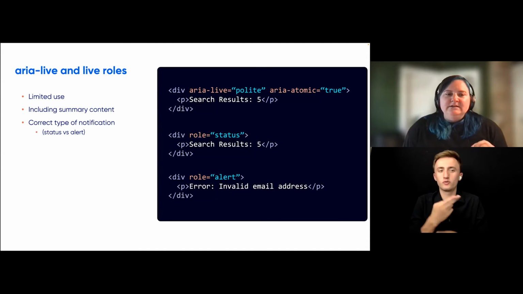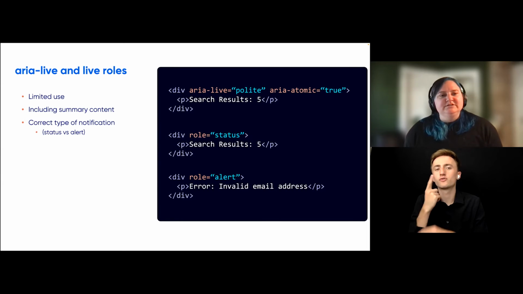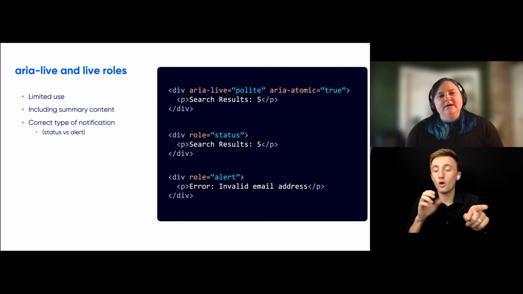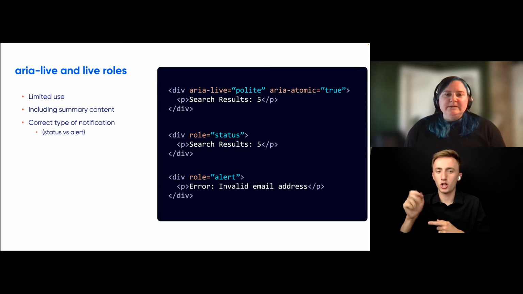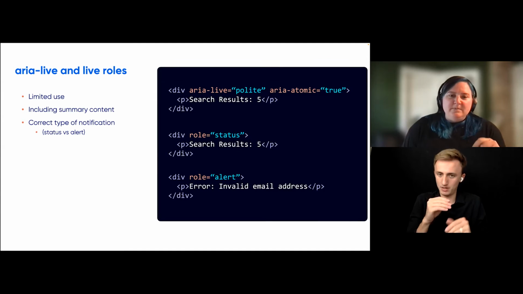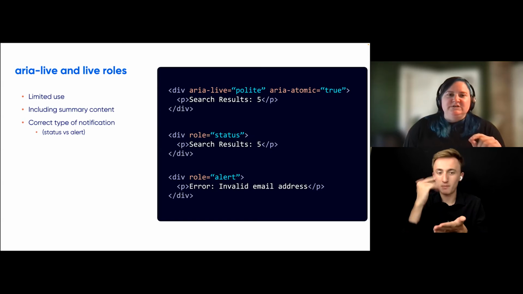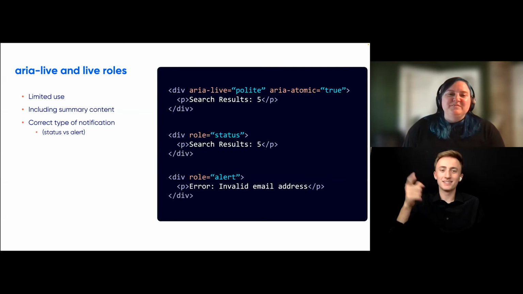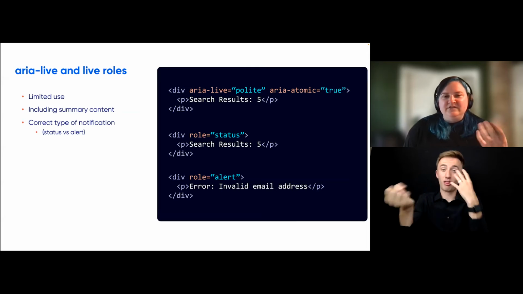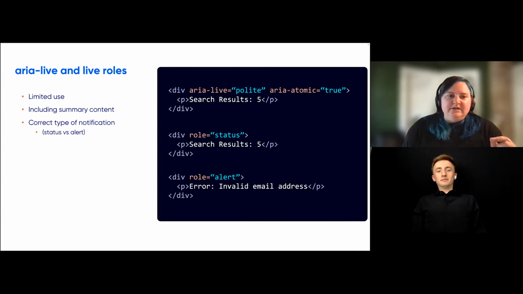What we want to check for in our code reviews, again, you can search for the ARIA-live property. You could search for the specific roles of status and alert, which are the most used ones, just to find them in the document quick. We want to make sure that they are limited in use. We only want a couple of these maximum in a document. Otherwise, we are going to annoy the user to no end. There will be too much information all the time. It's going to be disruptive and interrupt them potentially. So we want to make sure it's very limited.